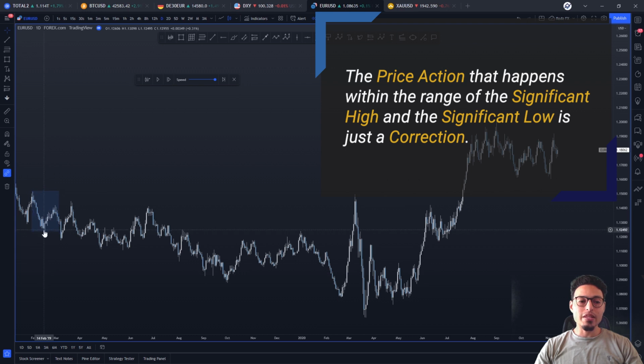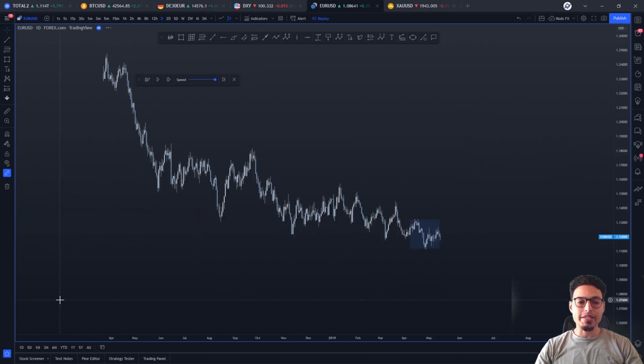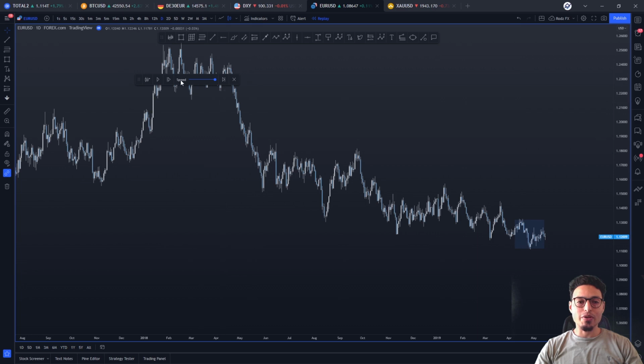And so when this lower low gets broken, we then keep it moving. We have a new high, but then it doesn't last very long. It gets mitigated right there. So then we just keep following it around. At this point in time, we can just continue to follow it around.